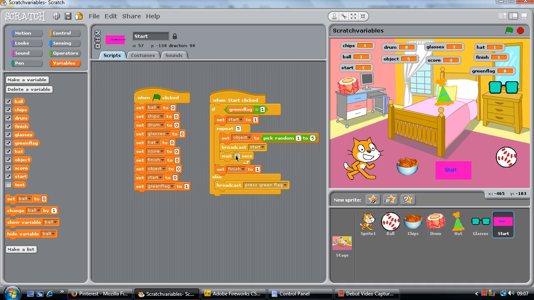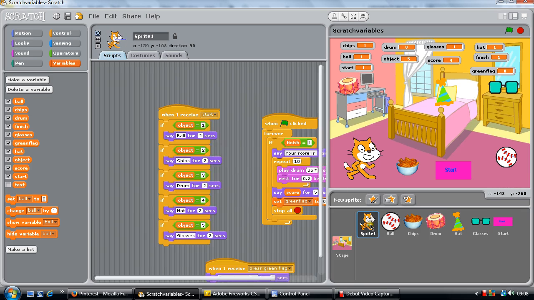It's waiting 6 seconds, and we can ignore that bit for the moment. The key thing is that the object number has changed, the object is there, and it's broadcast start. So with the cat,